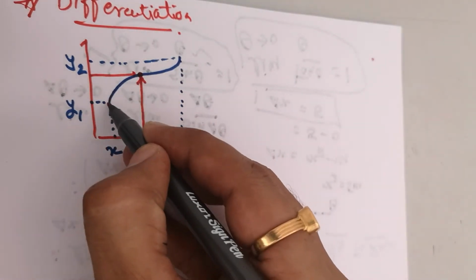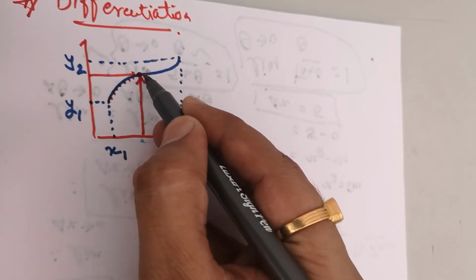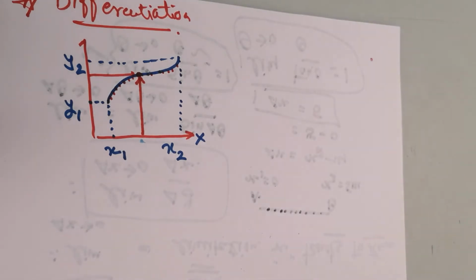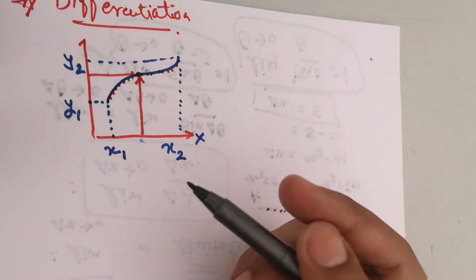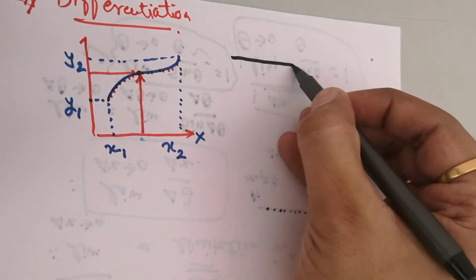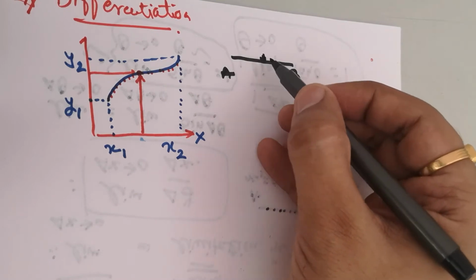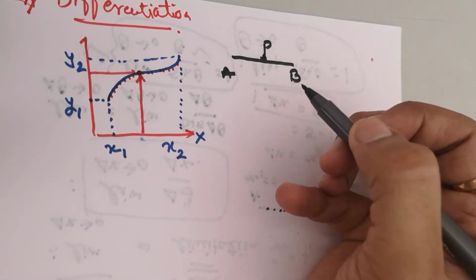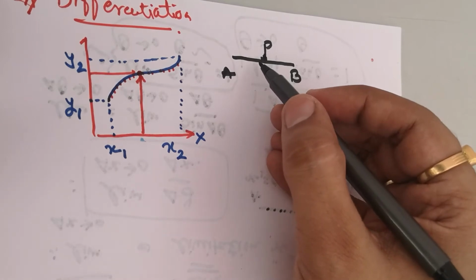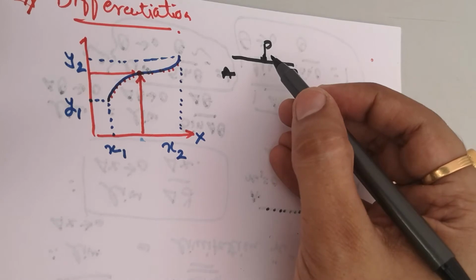As you can see, every point is not linear, that is why at every point my slope keeps on changing. At that time it is quite tough for us to calculate each and every term. That is why differentiation has been introduced. Let's say I have points B and A, and one point, let's say I'm just calling it point P. I want to find out the value of the slope at this point P. It is quite tough for us to find it out.